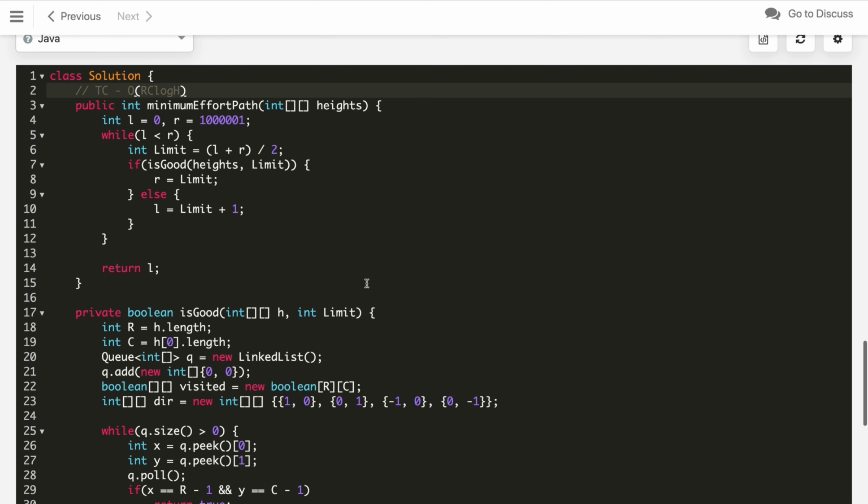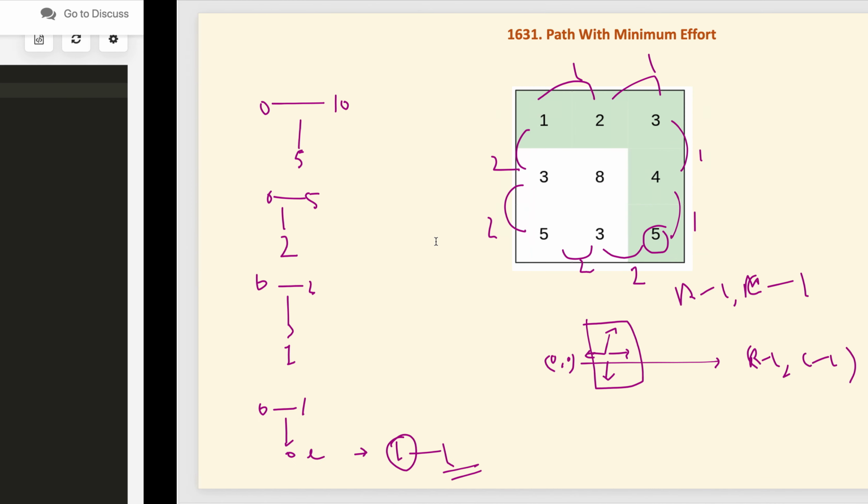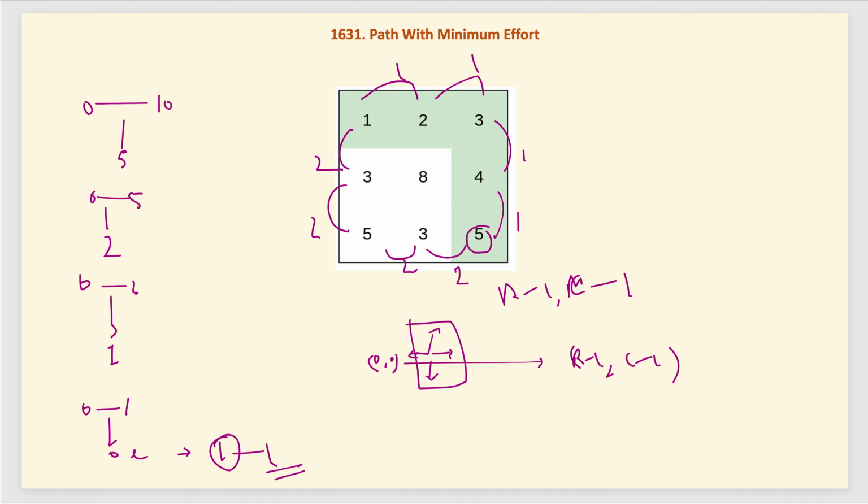We can also solve this problem using the well known graph algorithm, Dijkstra's algorithm, where we need to find the minimum distance from a single starting point, which is 0 comma 0, to every other coordinate. This is the single source shortest path algorithm we will use here, and we will return the minimum distance reaching the last cell.